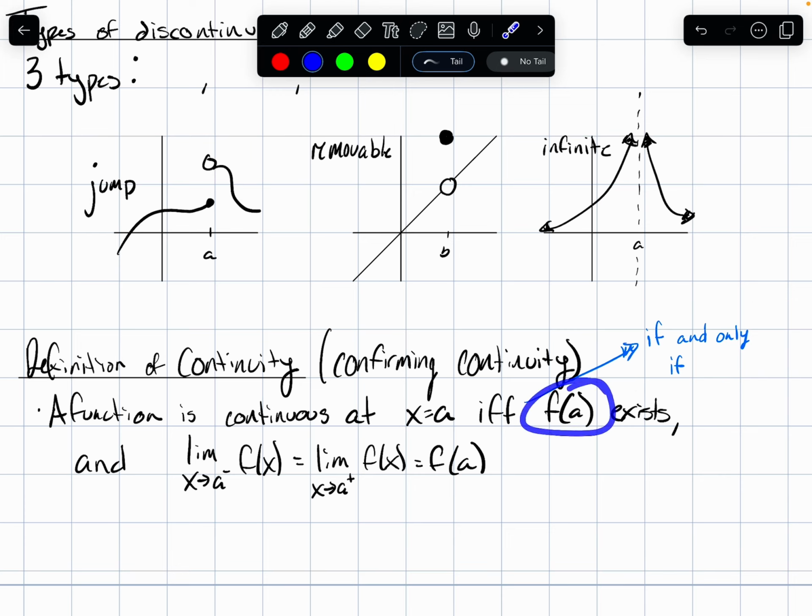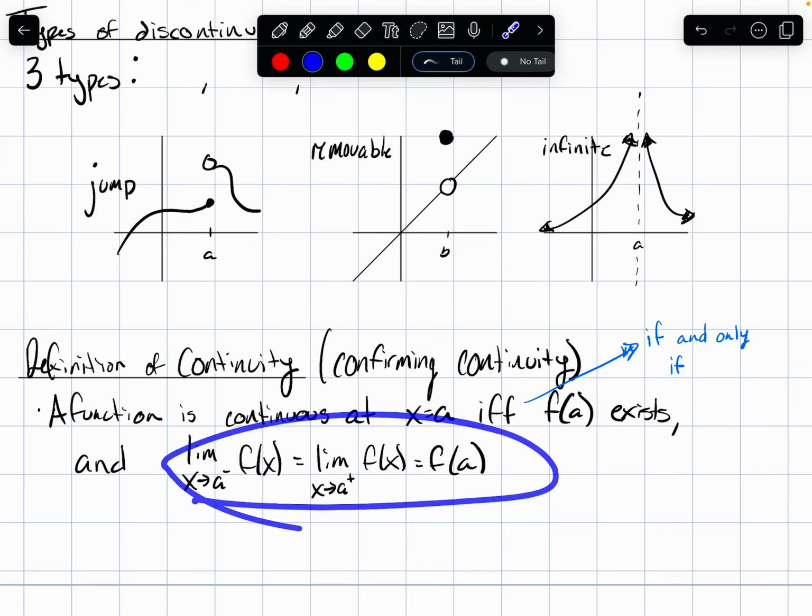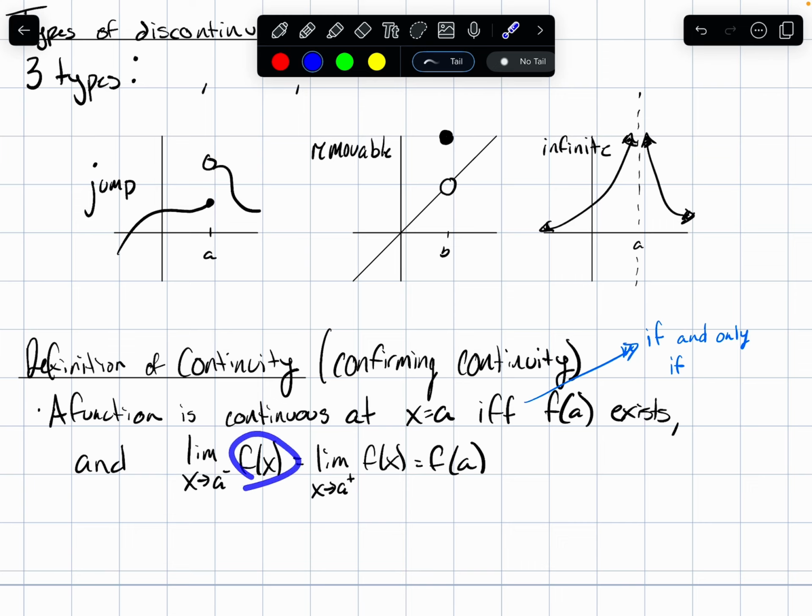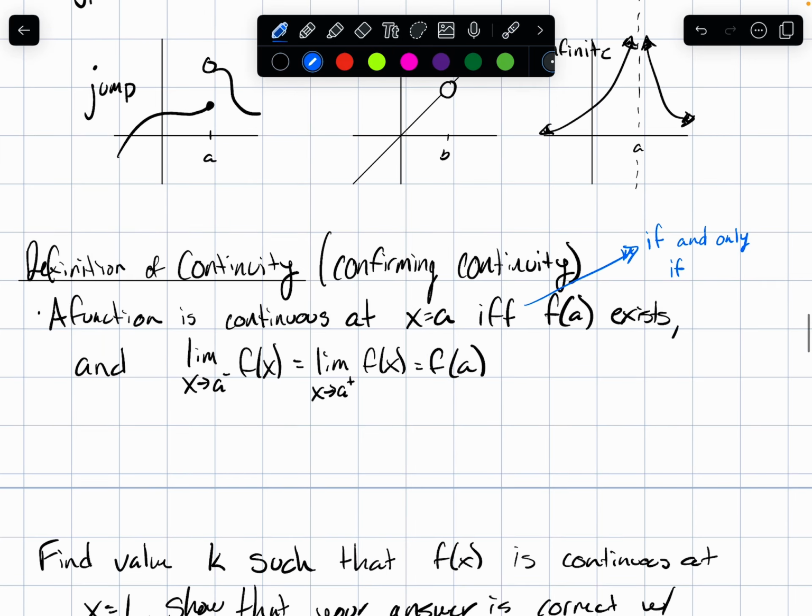So if your point exists, it's imperative that the point exists. If it didn't exist, it could be a hole. And all this mumbo jumbo. Let's look at what the first part is. Limit as x approaches a from the left of your function is equal to limit as x approaches a from the right side, which is equal to that outcome of the function. Basically what this means is